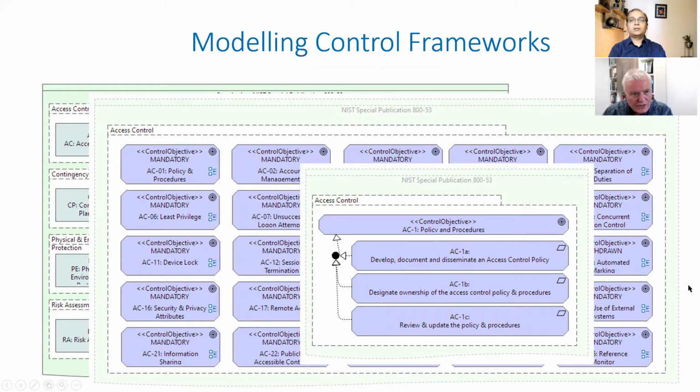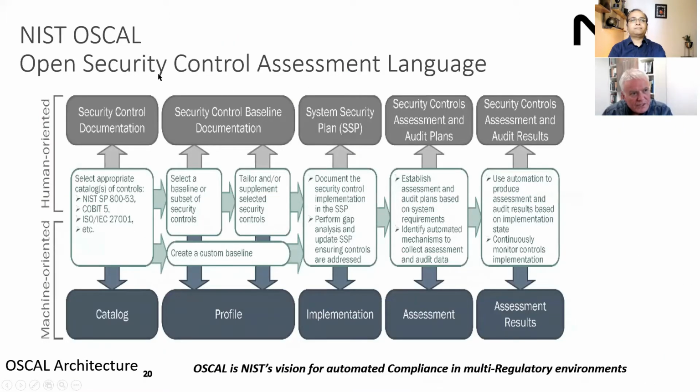Well, you touched on OSCAL. OSCAL is the Open Security Control Assessment Language, and this is NIST, acknowledging that the compliance burden on organizations is just becoming overwhelming, and they've taken steps to automate it by producing schema for what they see as a typical compliance pipeline. What you have here on the left is the control frameworks: NIST 853, COBIT, ISO. What they're saying is that if we publish this as an XML schema,